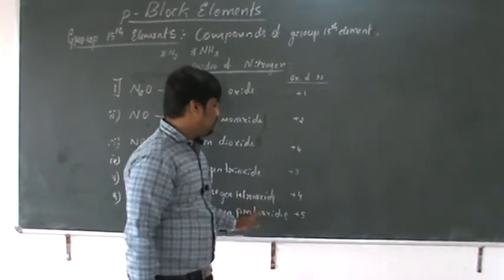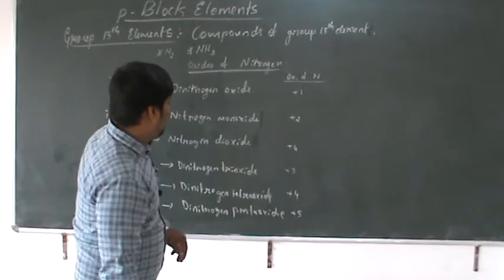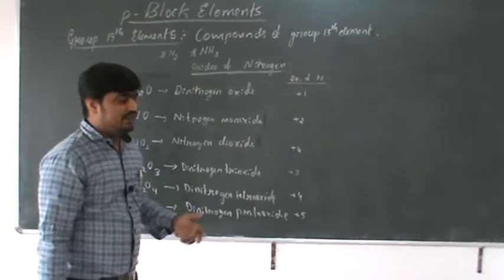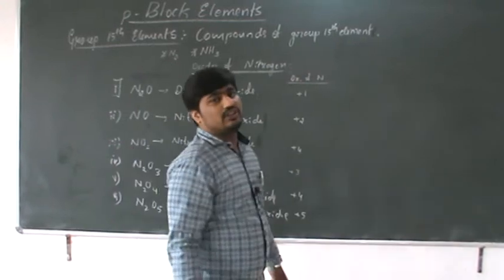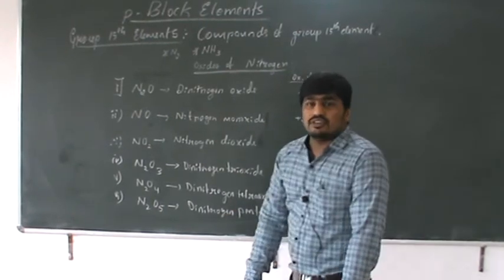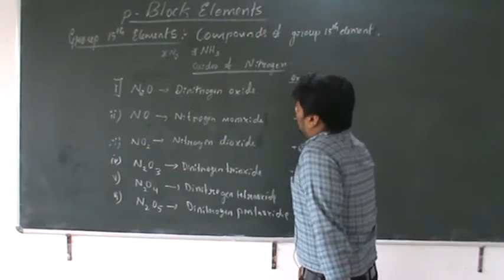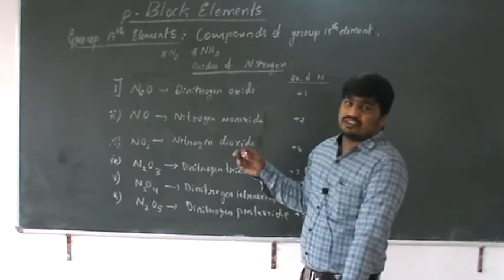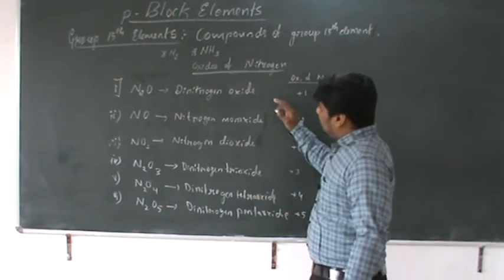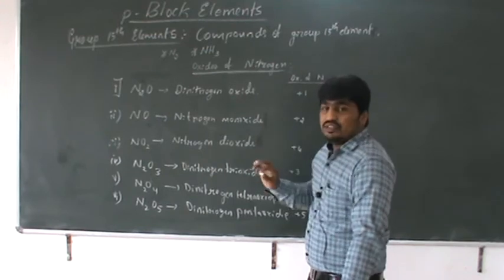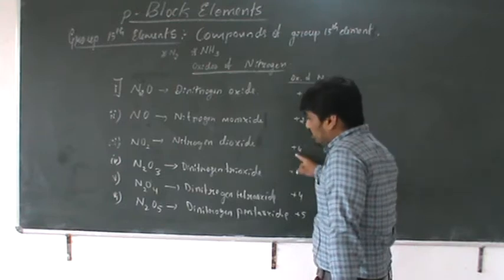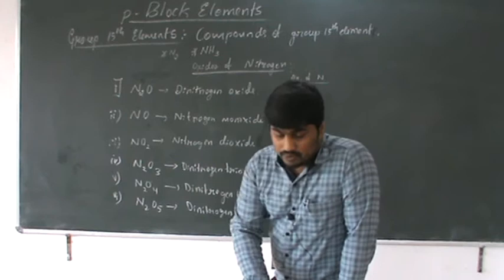Very easy, correct? So we are well known about the determination of oxidation state. In a similar way, I am calculating the oxidation state of nitrogen in different oxides of nitrogen. Then what are the different things we observed here? The variable oxidation state of nitrogen in different oxides. The different oxides we observe under nitrogen are because of the stability of the oxidation state of nitrogen in all these cases.